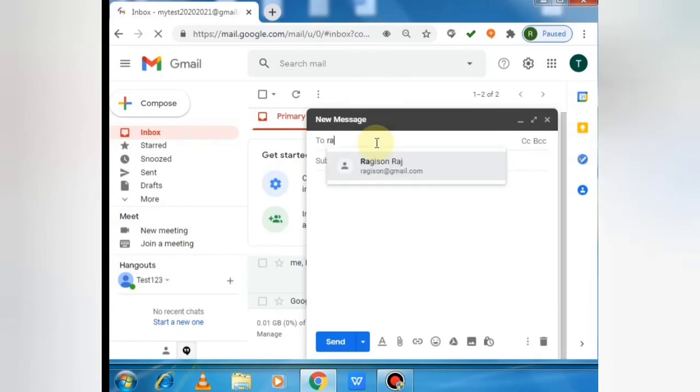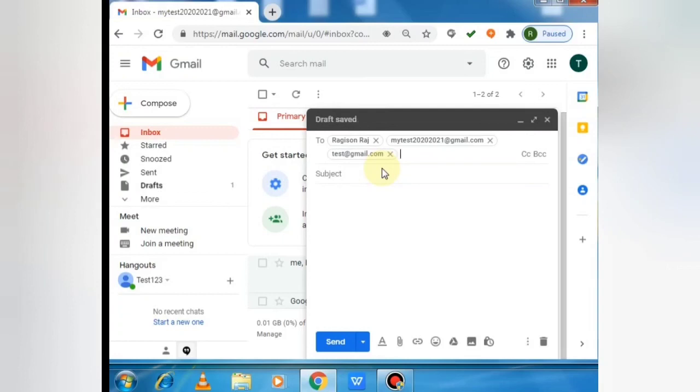Now I will be showing multiple message sending. Again I have added multiple addresses, just 3 addresses I have added. Now after that I have typed my test mail subject. If I wrongly type something which is not a valid email address, it will give you an error. Now I am not trying for that.